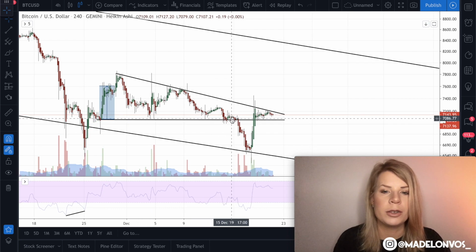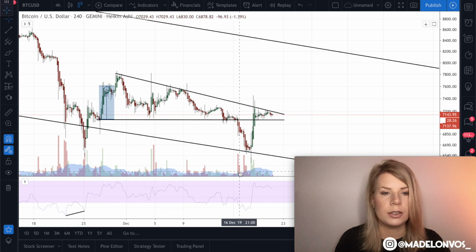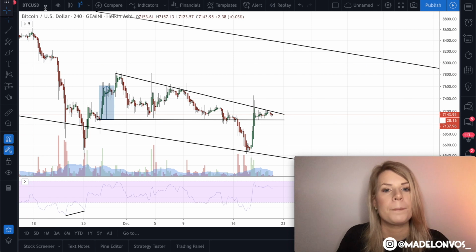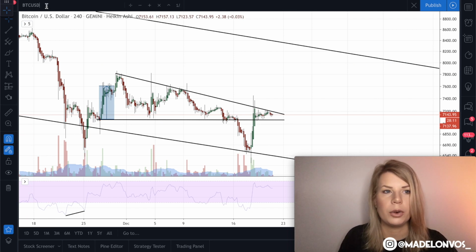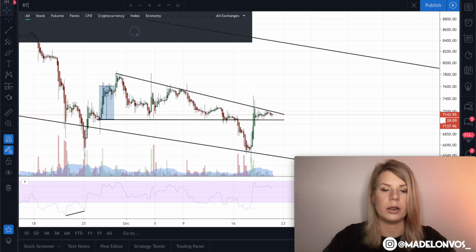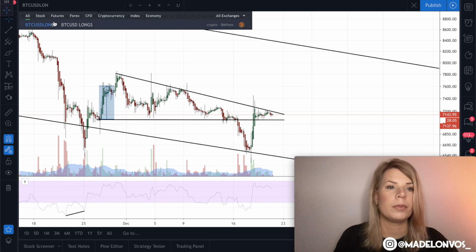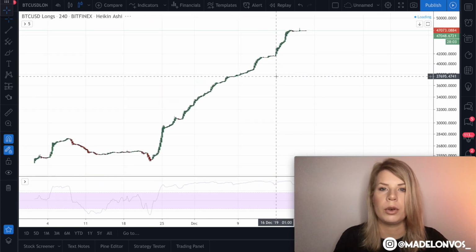And then there was a point, what's going on next? We saw that the overall volume was going down. So this always means that there is some breakout possible. And there was also something going on with the long positions on Bitfinex. I don't know if you've noticed, but we can take a look at it. BTC/USD longs. We can look at it to see what's going on right now.